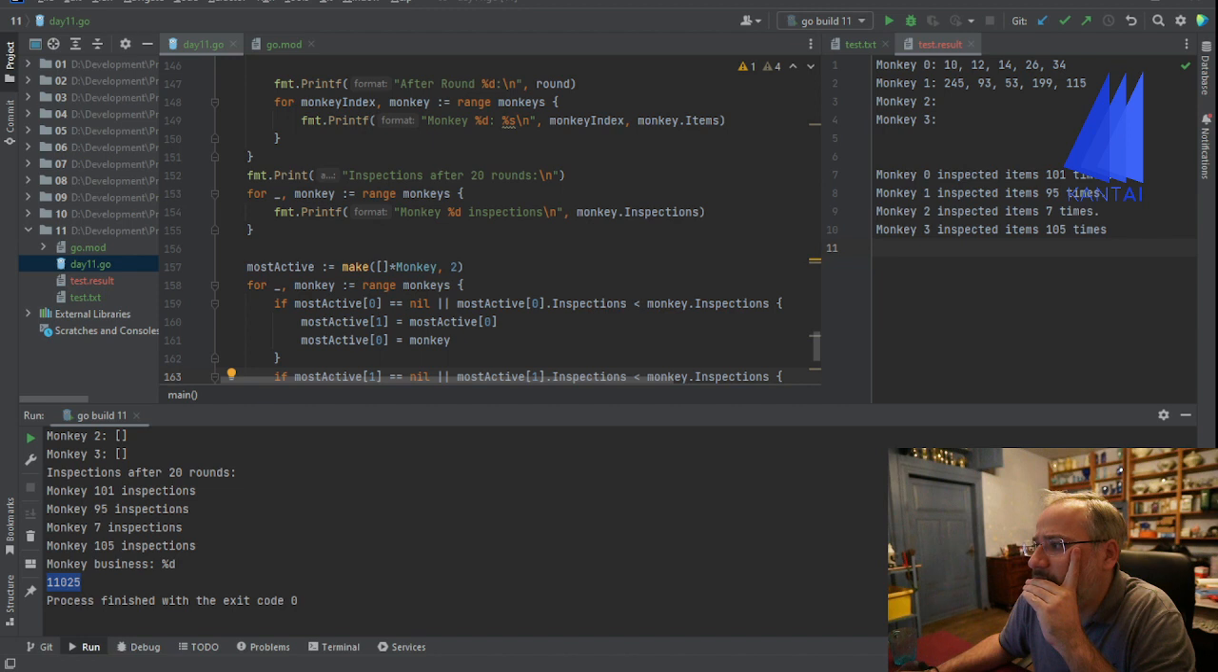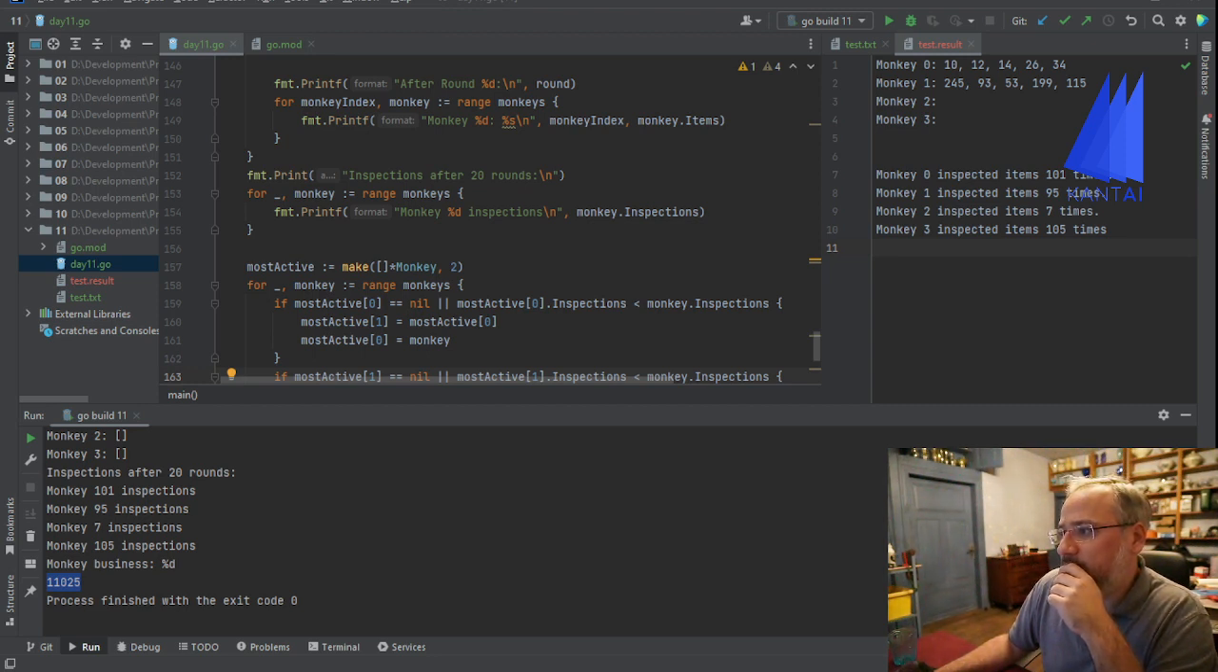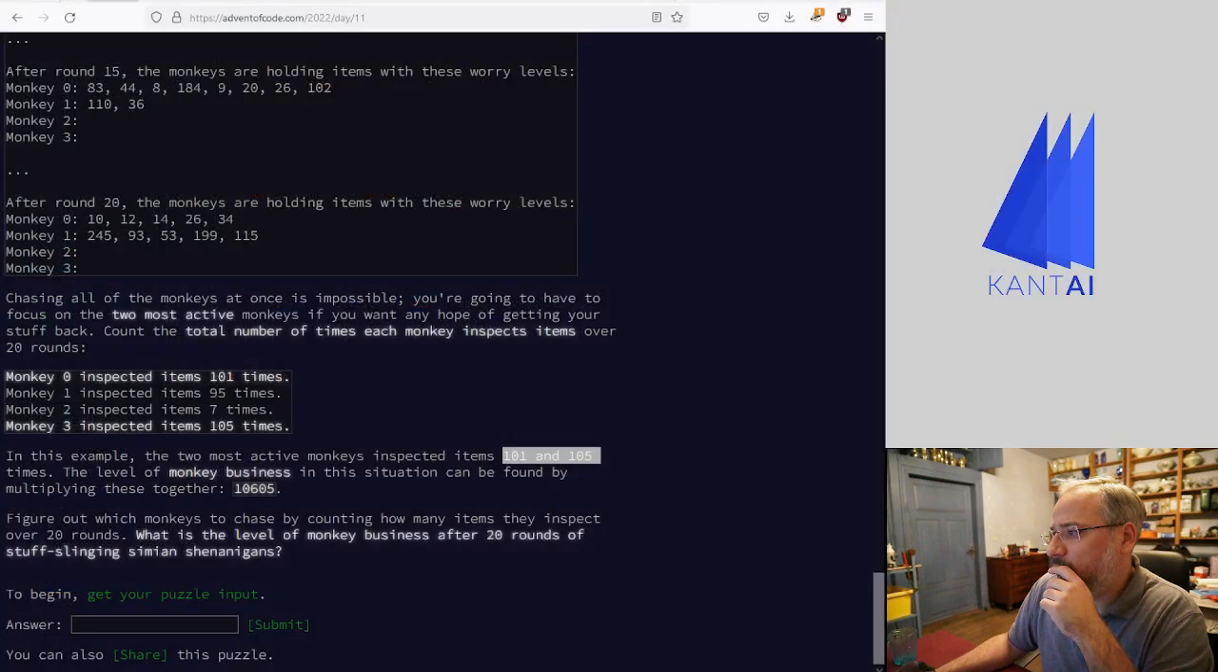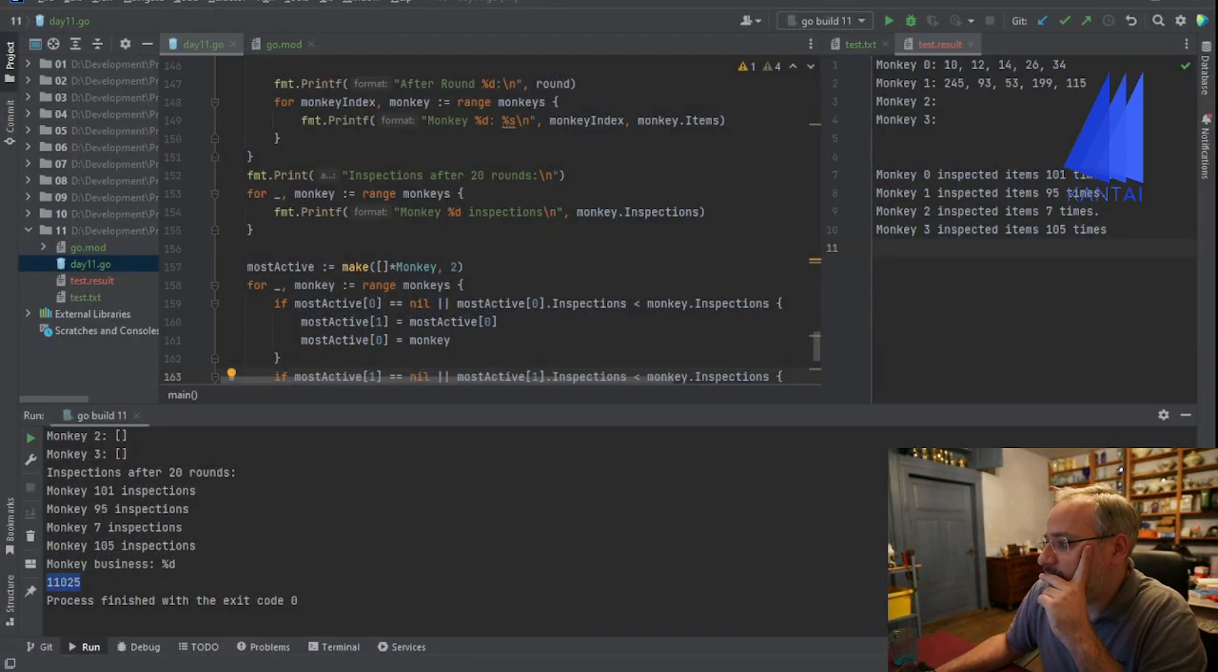Count the total number of times each monkey inspects items over 20 rounds. 100 times 105. So if we check again, why this monkey business should be 10,605 and not what we get out of it. Our monkey business is